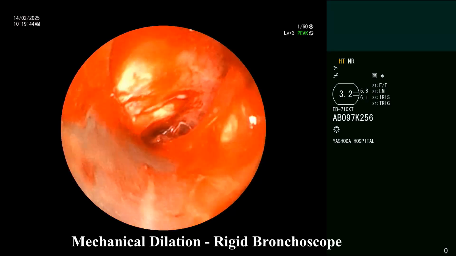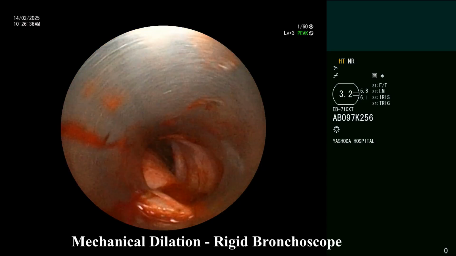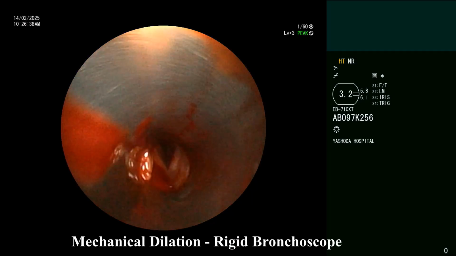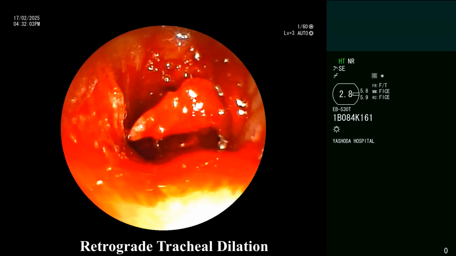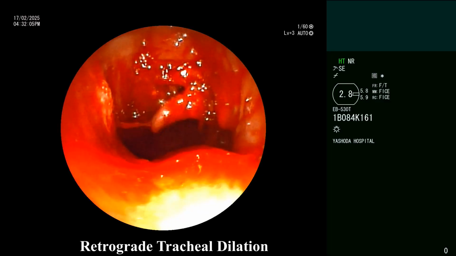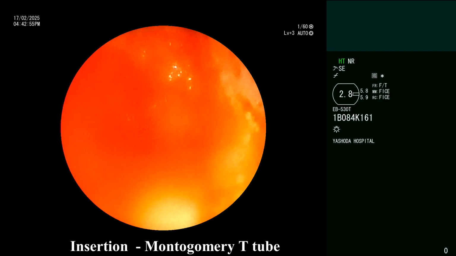However, in this case, there was not only a tracheal granulation, there was also a significant tracheal stenosis despite having adequate mechanical dilation with a rigid bronchoscopic barrel. So here a decision for insertion of a silicone stent in the form of a Montgomery T tube is being